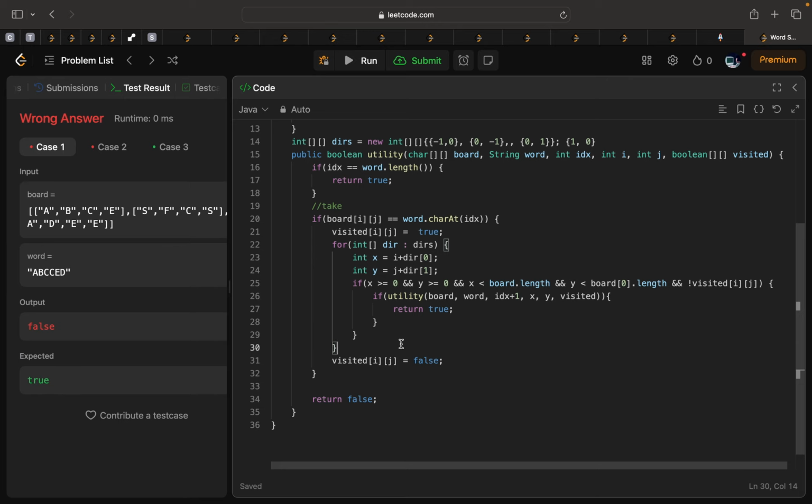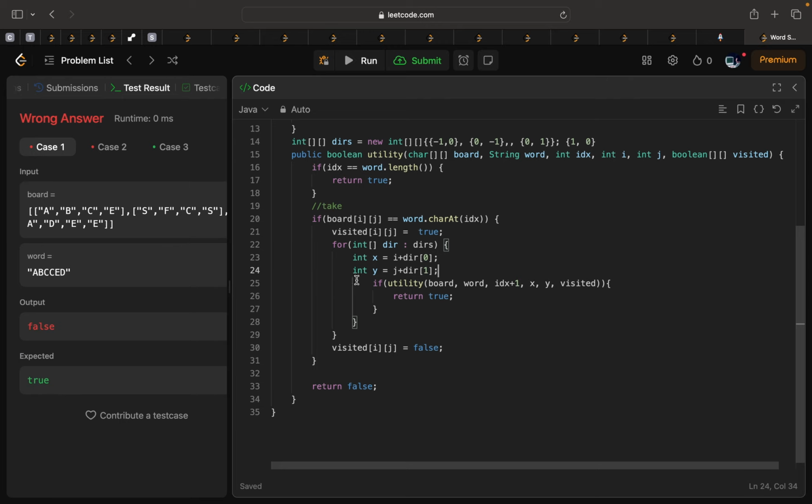Okay, instead of making these checks here, we can call this function. Okay, and this will be here. We can call this function,